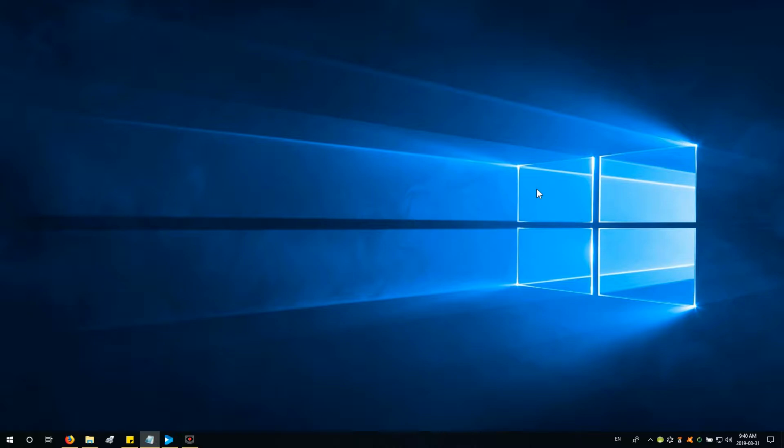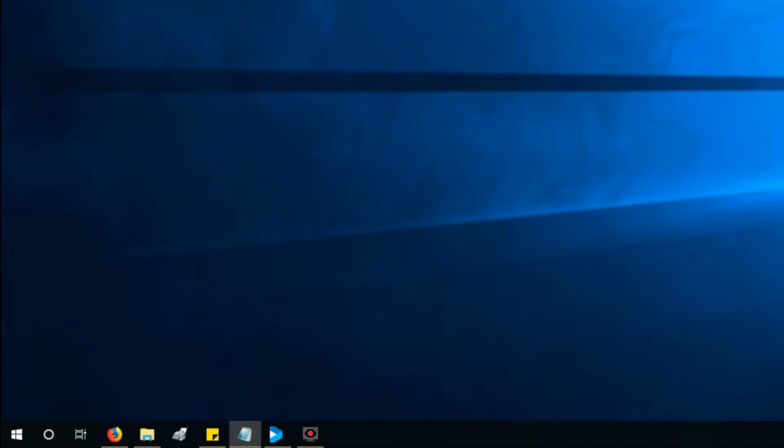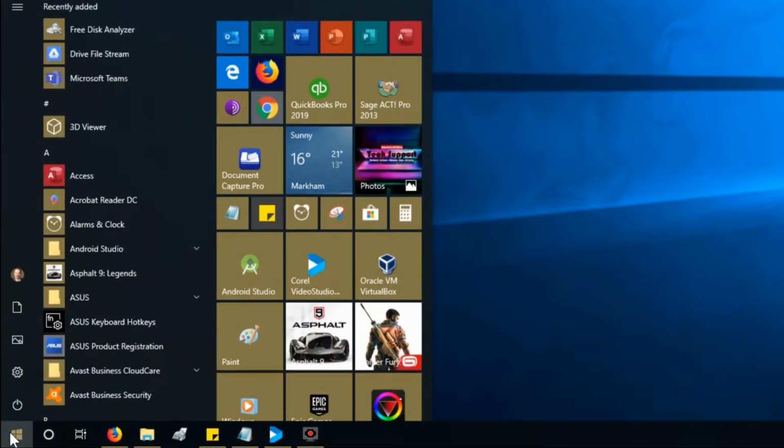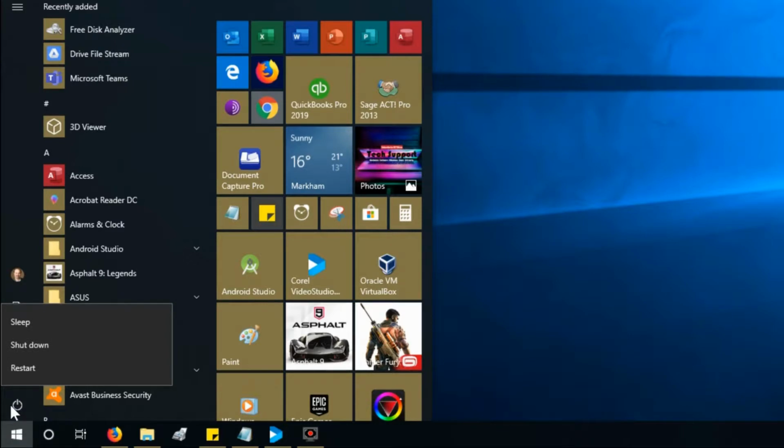So the start button is the Windows symbol by default, located in the bottom left corner of your screen, although it can be moved. And if you click on that logo, you'll see there's a power symbol here. If you position the mouse over it, it says power, and then when you click on it, you'll see the 3 options here for sleep, shut down, and restart. So now you know where to go to shut down at the end of the day, or troubleshooting an issue, or if you just need to reboot the computer.